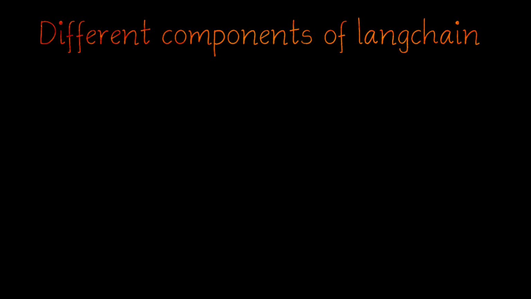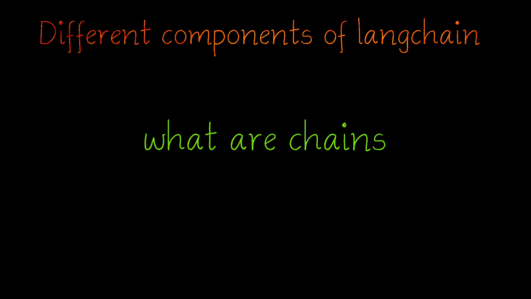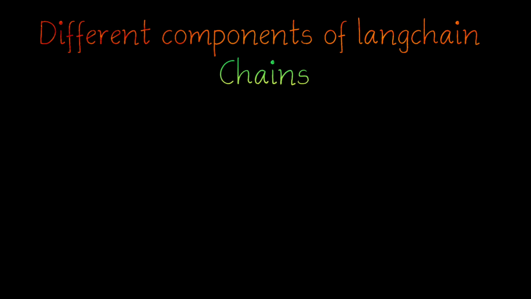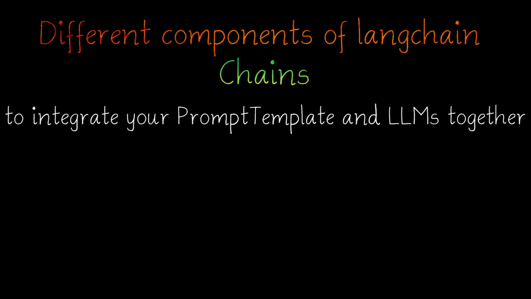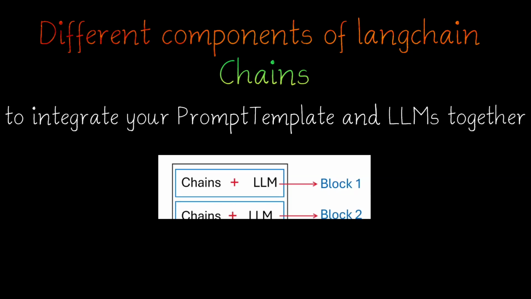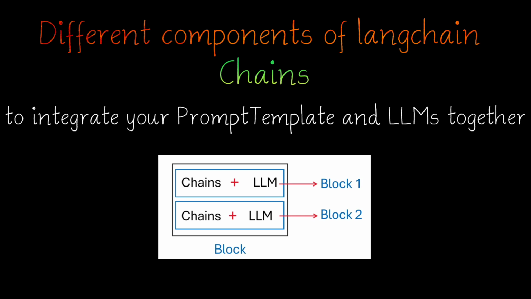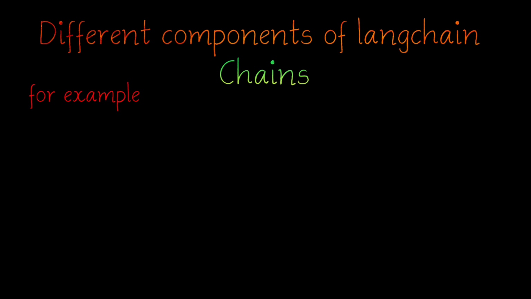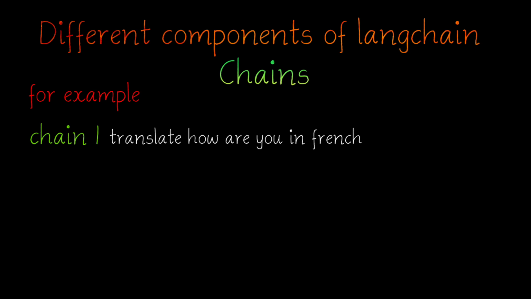Next, let's understand what chains are. Chains are used to integrate your prompt template and LLMs together. This component allows us to integrate different blocks and merge them into a single block. Meaning, for example, let's suppose we have a chain, that is chain 1, translate how are you in French,